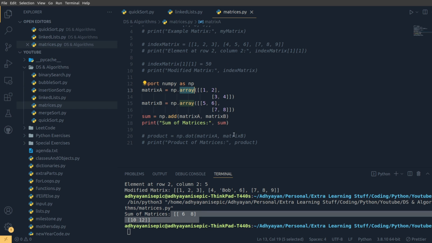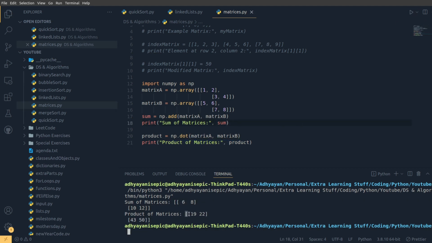Now, let's see if we can multiply matrices, because multiplying sounds really crazy. I know, how could you multiply two matrices? But it's actually possible, and it's very cool. So I'm going to uncomment this, and what we're doing here is assigning this to a product variable where we're using the dot function, and the dot function basically just returns the product of two things. And it's really not limited. It could be an integer, a list, a 2D list, a 3D list, right? And so here, if we run this,